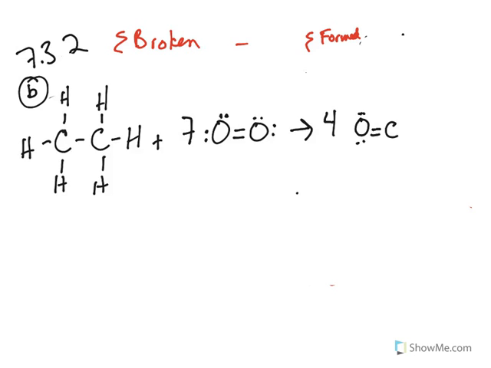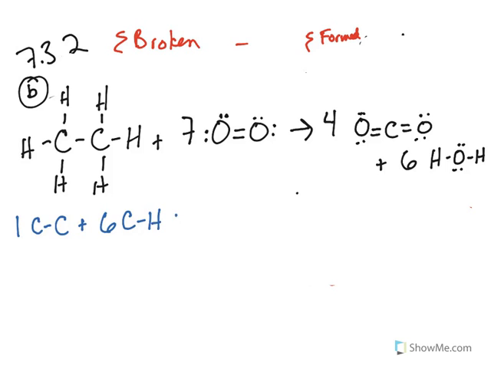CO2 is double bonded O's to the C, and 6 H2O's. So if I go through and I count all my bonds, again, I have 1 carbon-carbon single bond, 6 carbon-hydrogen bonds, 7 O double bonds,